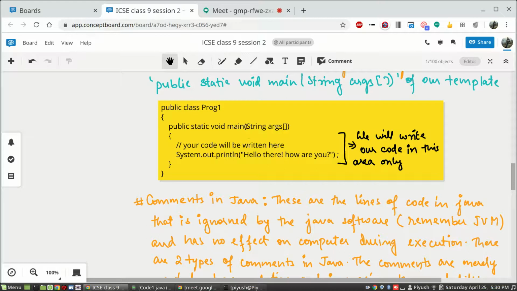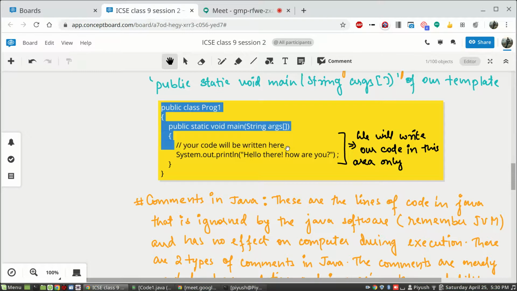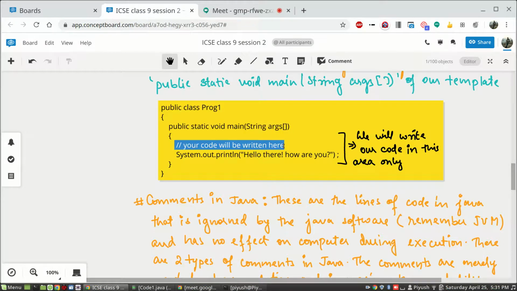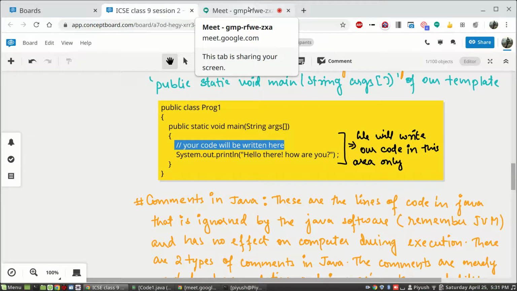So though they are not necessary, though they are not executed and are ignored by your Java, they are still very important aspects of your Java program. As a good programmer, you should make it a habit to write the code along with comments, which will explain to the reader of the code what you are doing in that program. And that is absolutely correct, that it won't matter to Java whether you write comments or not. Java will understand it is a comment, simply ignore it and move to the next line.